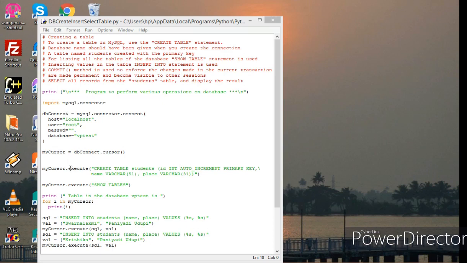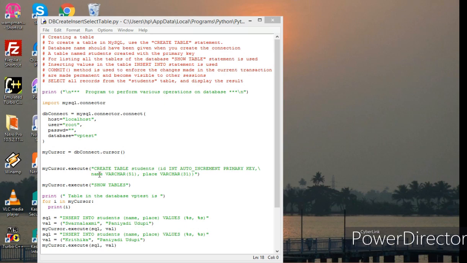Now I am not going to explain each of these commands in detail, but still: create table, name is students, and the first attribute is ID, which is of type int, auto incremented, and a primary key.